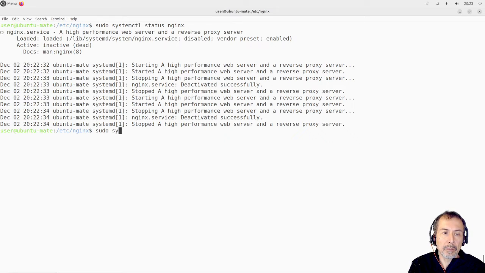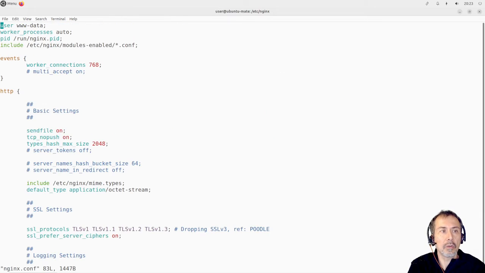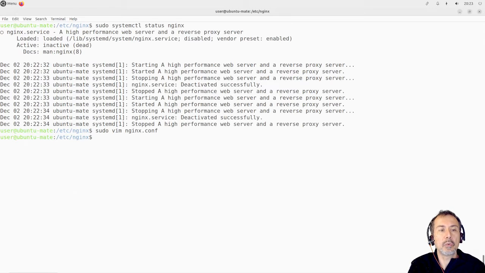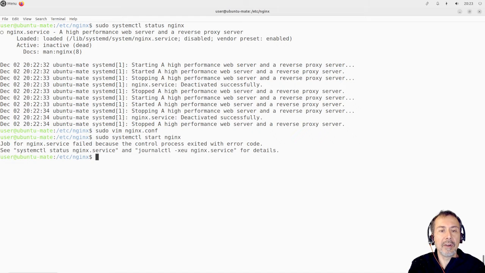I want to start it, but before that, I will break the configuration. I'm going to modify the configuration file and put something like potato here, and I will try to start the web server. Start Nginx, and it will fail. Okay, it tells us we have an error code and the service is not running. And it tells us here what we can do